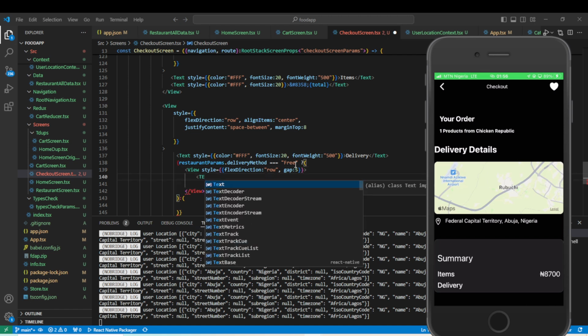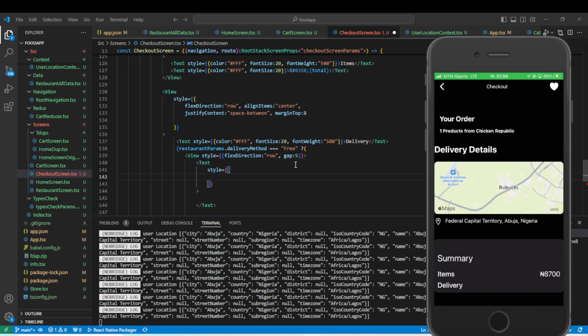Then in here we have text. Let's give it color of white, and then font size. Font size will be, let's make it 20, and